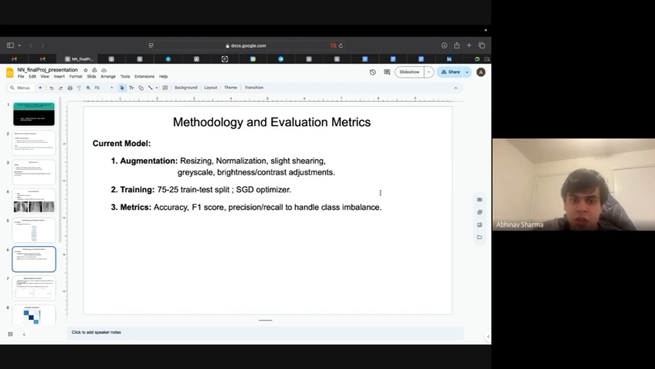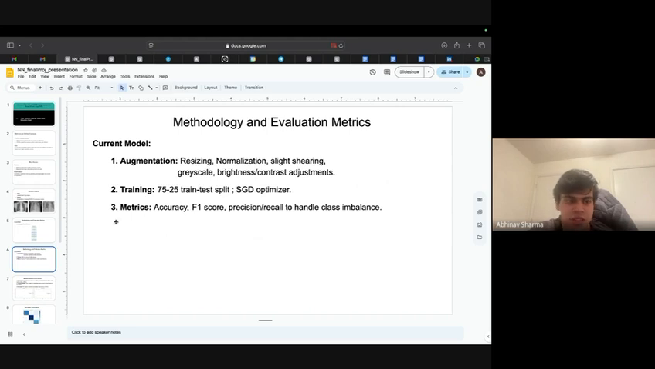Our current model uses some methodologies as follows. We do augmentation, such as slight resizing, normalization, shearing, grayscale, and brightness contrast adjustments. Care has been taken to avoid any changes in the anatomy of the X-ray since they're medical images. Also, the resizing and the change in the number of channels has been done keeping into account the specifications of the ResNet model. We have a 75 to 25% train test split with an SGD optimizer and accuracy, F1 score,